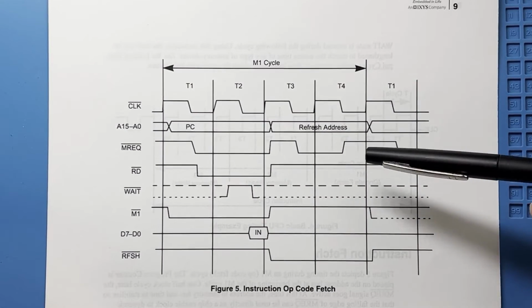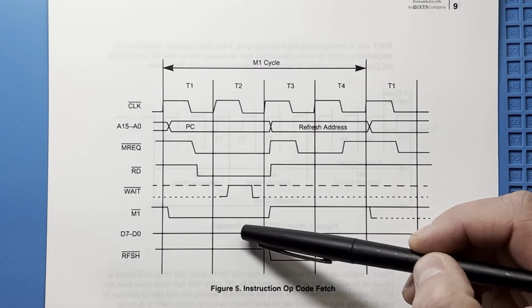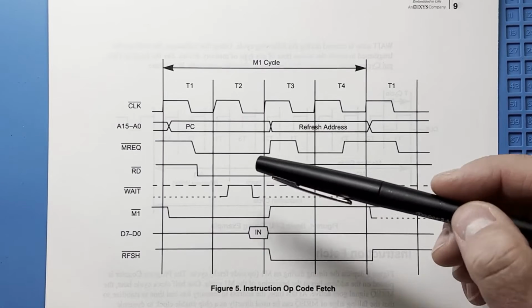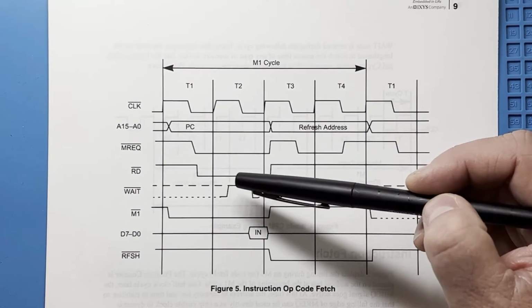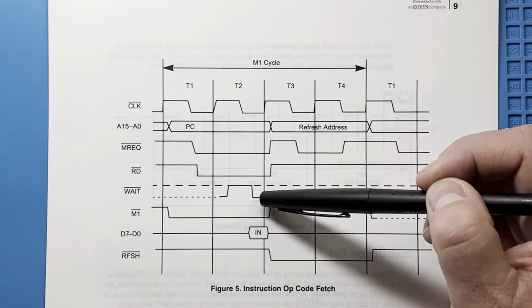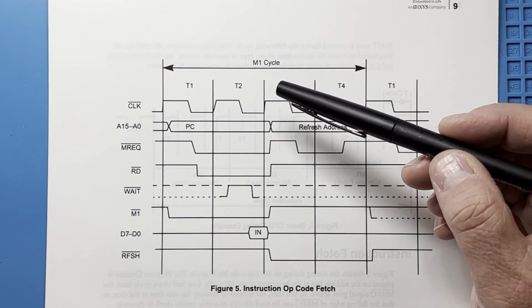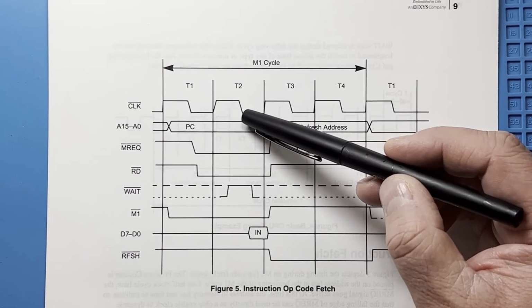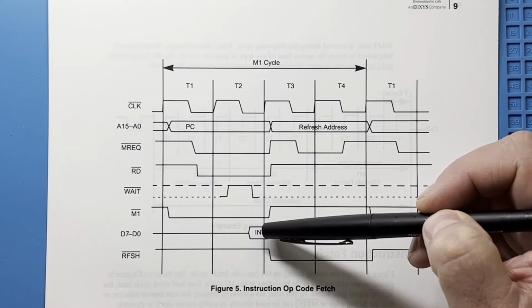This causes the memory to put the contents of the memory address locations specified on the address bus onto the data bus. Everything stays the same on the rising edge of T2. However, if we needed more time to read from the memory or other component, that component could pull wait low and pause the CPU for 1 or more clock cycles. Now on the falling edge of T2, the wait ends, and the data bus is latched into the CPU instruction